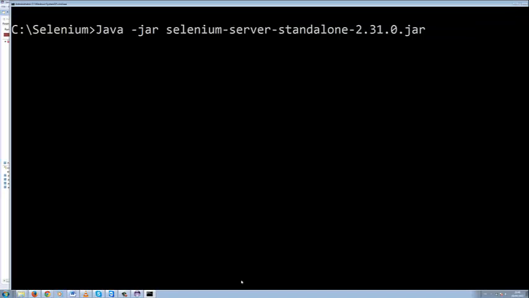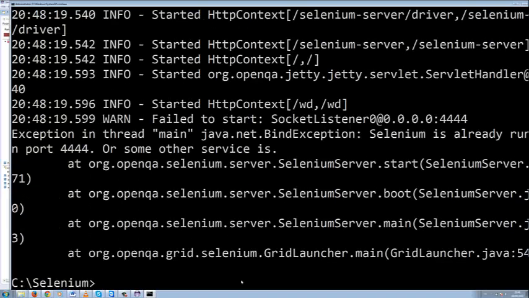Hit tab until you get Selenium server .jar. You don't need to type the entire thing. Just write SCL and keep hitting tab until you find Selenium server .jar and click enter. It starts the Selenium, but now it says